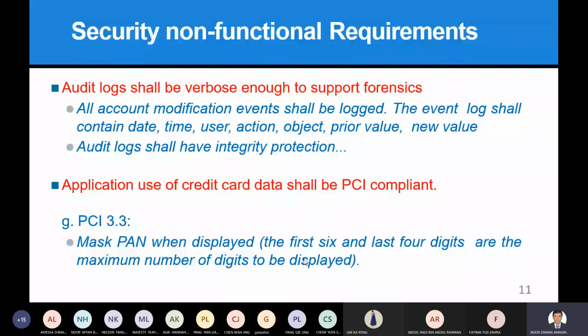Application uses of credit card data shall be PCI compliant. So this is another standard. We have to have all of the security aspects and requirements. Now we have to have the logs in case someone is misusing our credit card, or any bogus transaction is there. So we should not look at only one side of the picture,